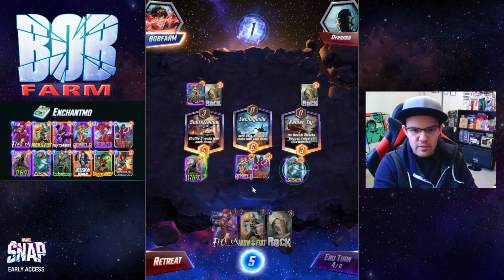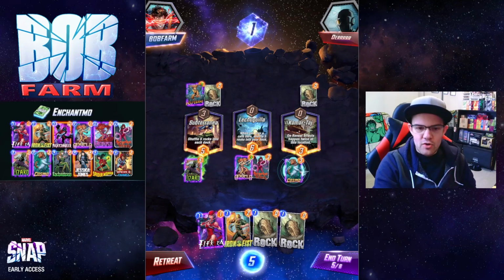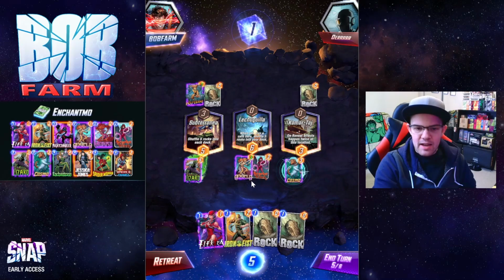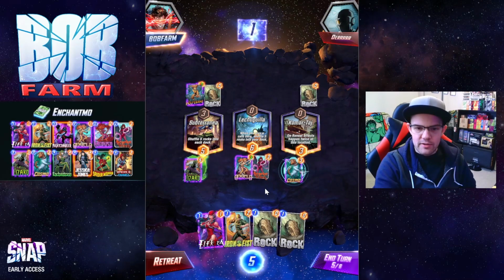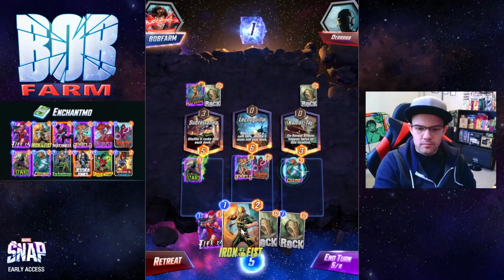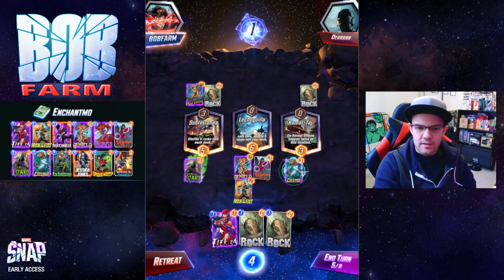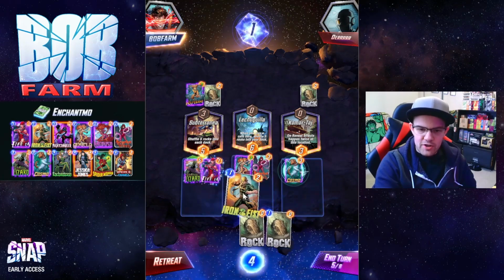Okay, so they go with rocks and a Wolfsbane. We're getting pretty bogged down by rocks ourselves. But we will have America Chavez to take this location. We can play Iron Fist, go with Electra,